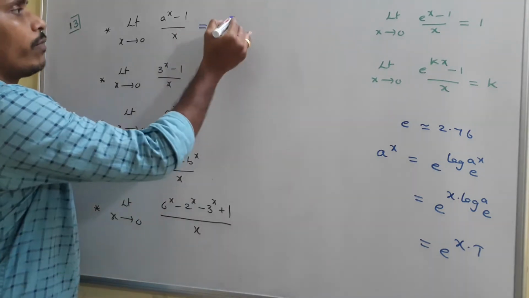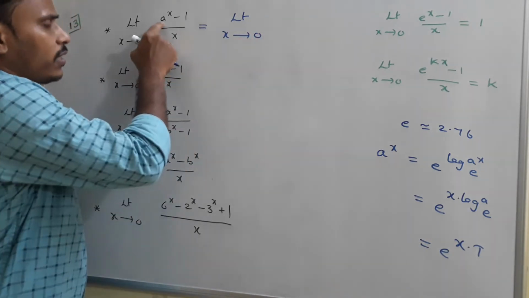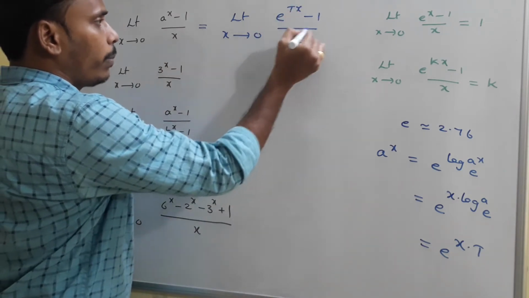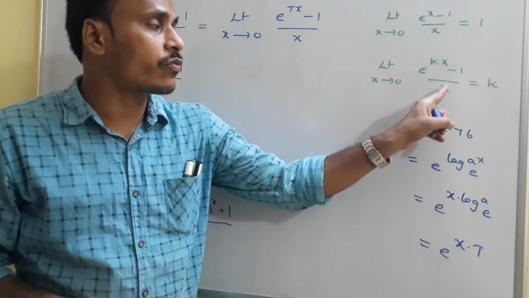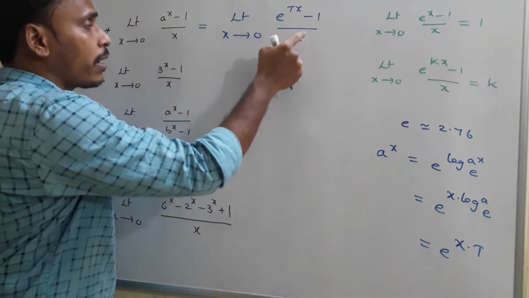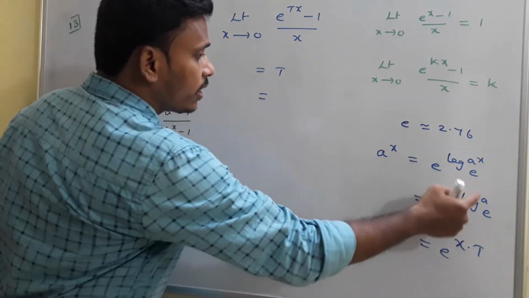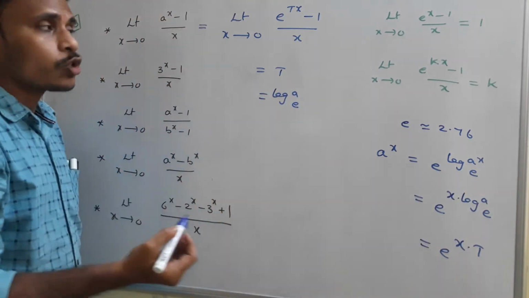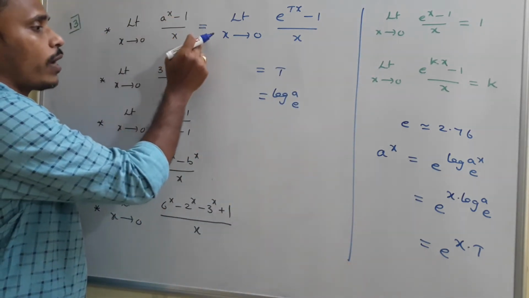Then how will the problem become? We are not changing x. The limit as x tends to 0 of (e^(tx) - 1)/x. Since the limit as x tends to 0 of (e^(kx) - 1)/x is k, here the limit as x tends to 0 of (e^(tx) - 1)/x is t. And what is that t? That t is log a base e. We just treated log a base e as t. So finally the limit as x tends to 0 of (a^x - 1)/x has the value